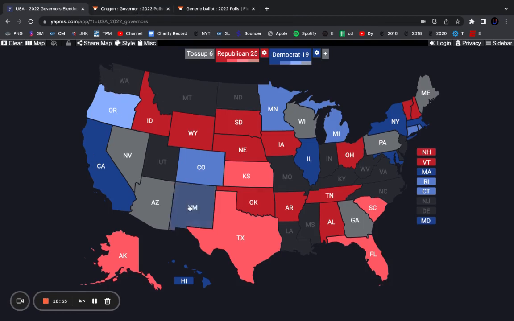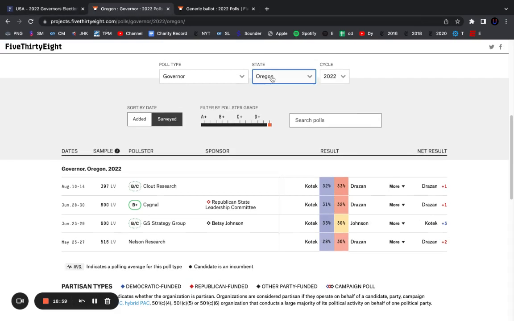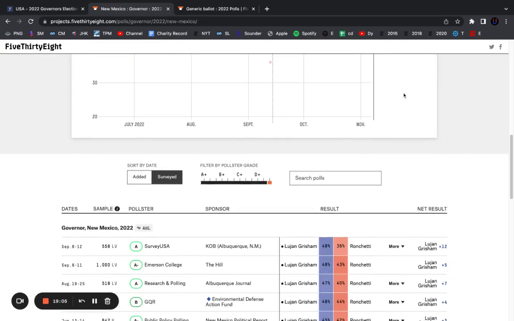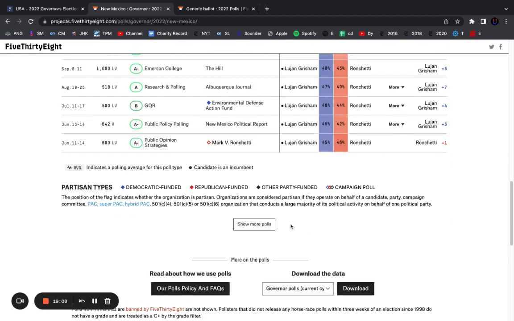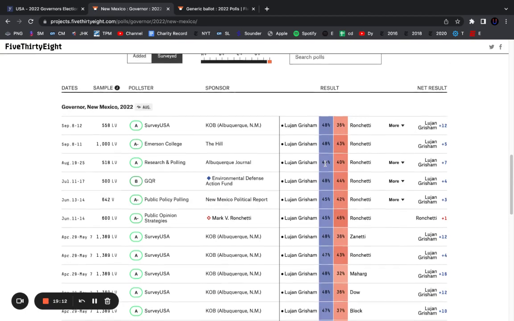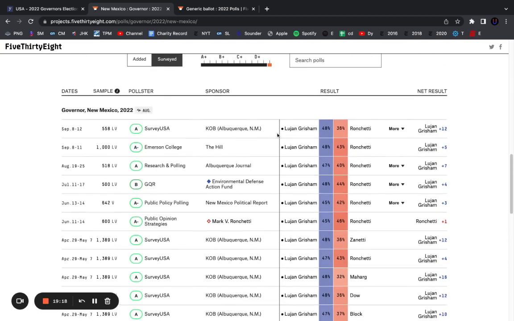Next up is New Mexico. Originally, I thought the race would narrowly vote Republican, but since the Dobbs decision, I've reversed on that. When you look at the polls, they've shown Lujan Grisham up by 6%, and even the more Republican-leaning polls have not been really good for Ron Chetty. He's down in this other GOP poll back in January, and more recently this KOB poll, which has overestimated Republicans in the past, has him down by 12.